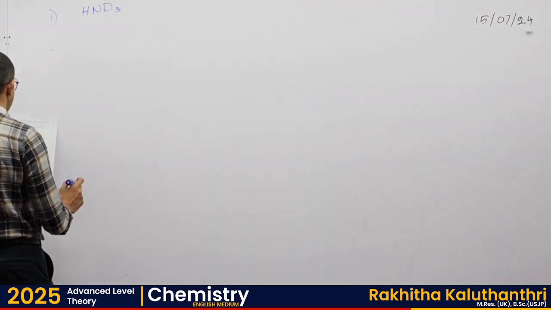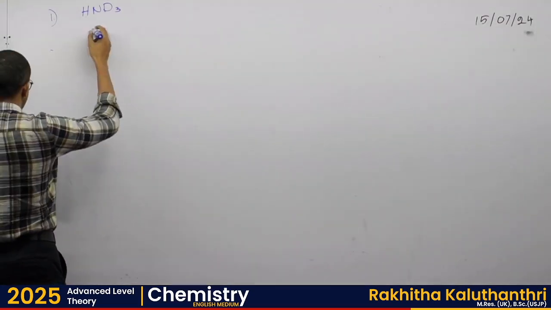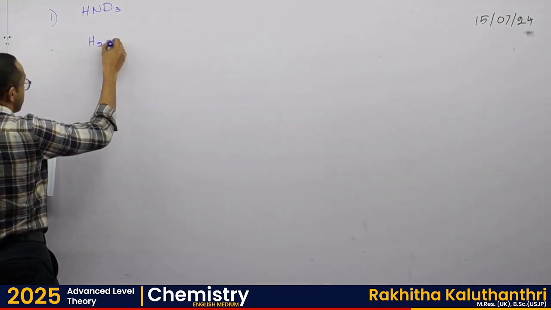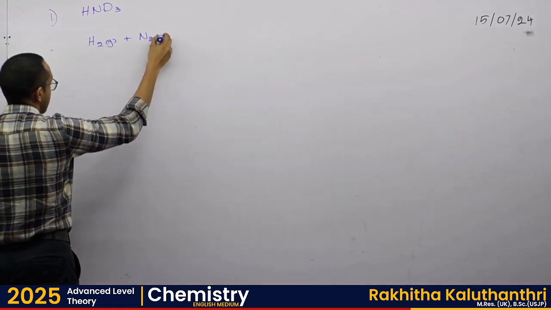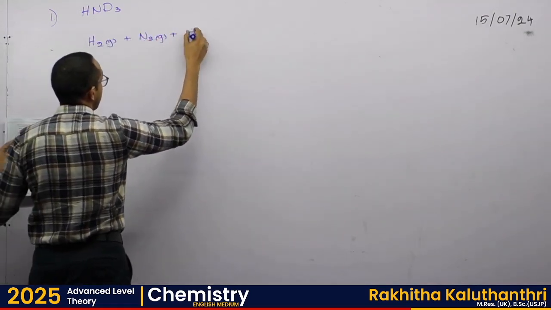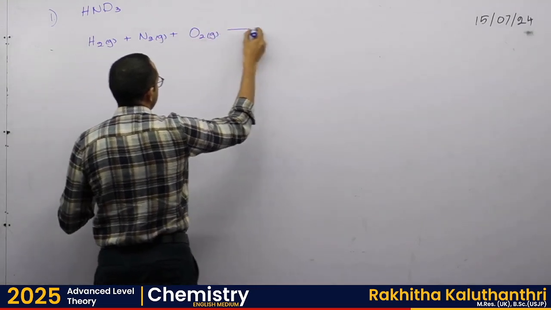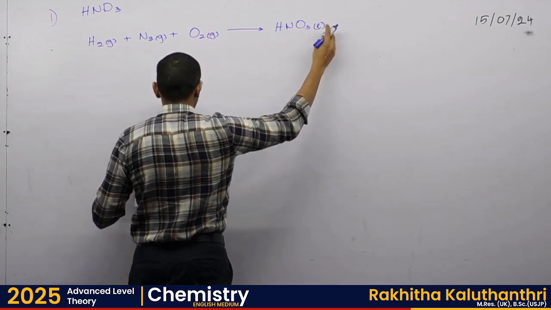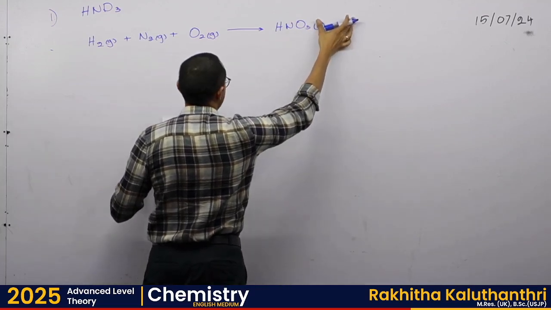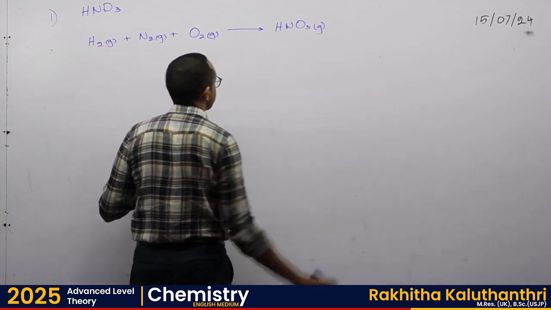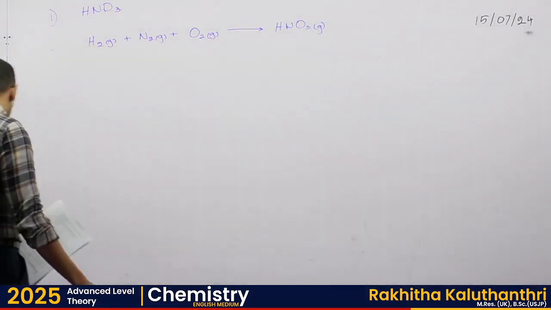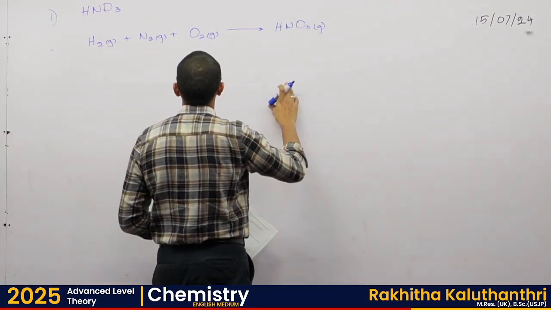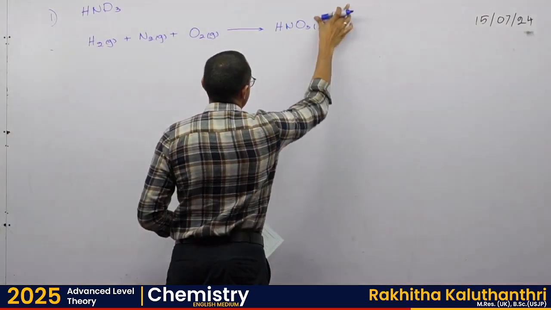So the first one, standard enthalpy of formation of nitric acid. So we can start with hydrogen gas, right, plus nitrogen gas, right, plus oxygen gas, and we form HNO3. Now according to the definition, they are asking for formation of HNO3, we will say we are producing it as gas. Now according to the definition, students, we have to make sure, bear with me a second, HNO3 nitric acid, we get it as a liquid,